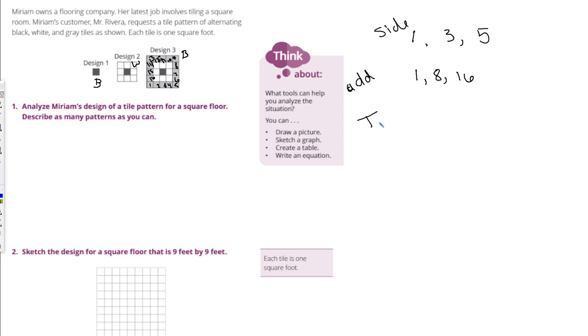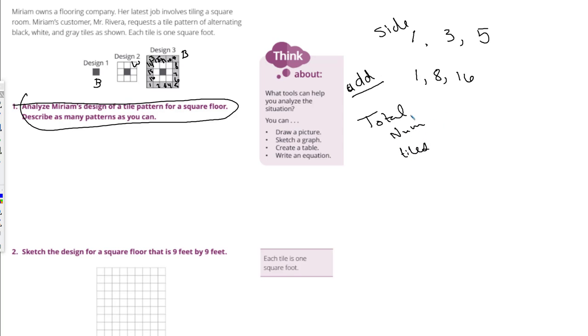But if I wanted to actually think about the total number, so this is just analyzing that tile pattern. We can be looking at it from the side perspective. We can look at how many we're adding each time. And then we can look at the total number of tiles. Well, to get the total number of tiles, we're going to take that 1 and square it. And we're going to take that 3 and square it. And we're going to take that 5 and square it. The next one will be 7 and then squared. So we are going to be looking for